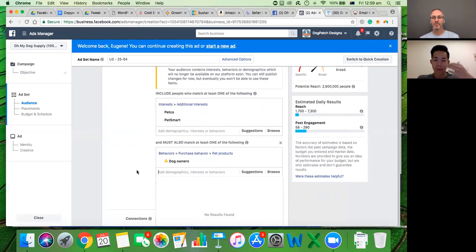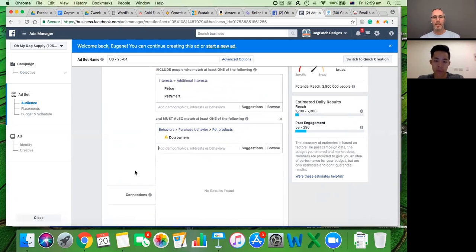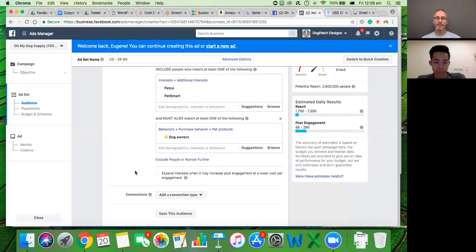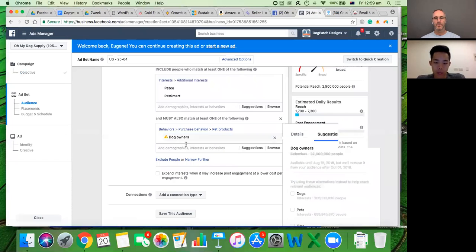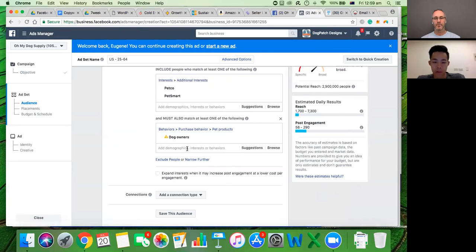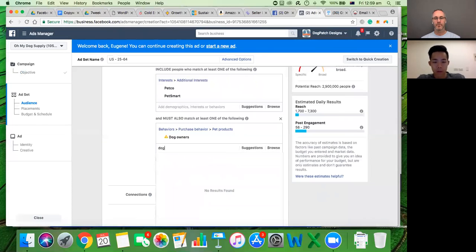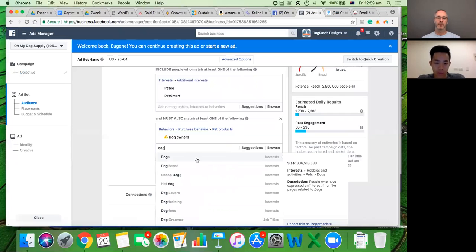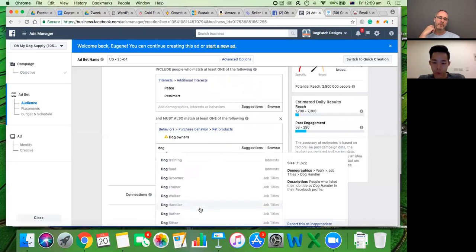So make sure you use the behaviors as many as possible, so we get more data for Facebook down the track for us to run better ads. So you can put dog owners. You can also put, depending on if you're selling, I guess, dog food,